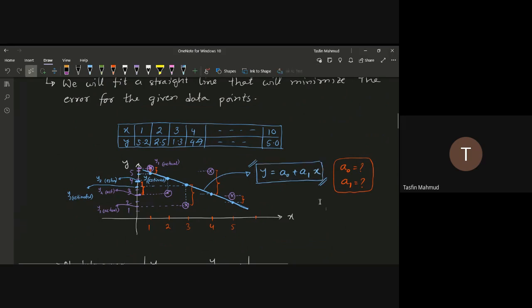যে ফিট করব, এই জন্য আমাদের এই এ নট আর এ ওয়ান এর ভ্যালুটা বের করা লাগবে। এ নট আর এ ওয়ান এর ভ্যালু বের করাটাই হচ্ছে আমাদের মূল উদ্দেশ্য। যদি আমরা এ নট এ ওয়ান এর ভ্যালু খুঁজে বের করতে পারি তাহলেই আমরা স্ট্রেট লাইনটাকে ফিট করে ফেলতে পারবো।